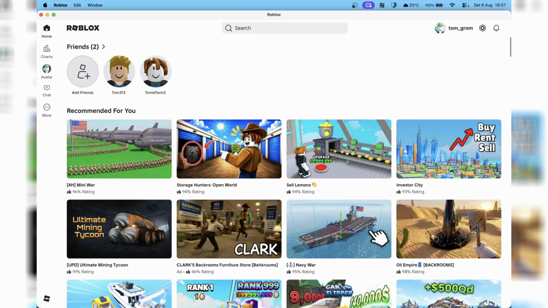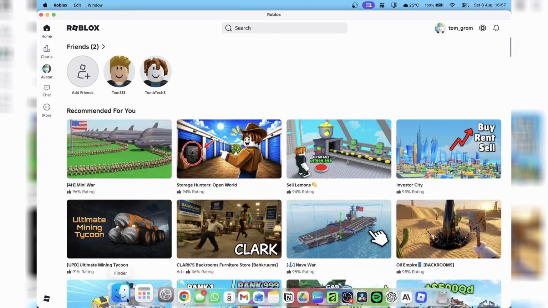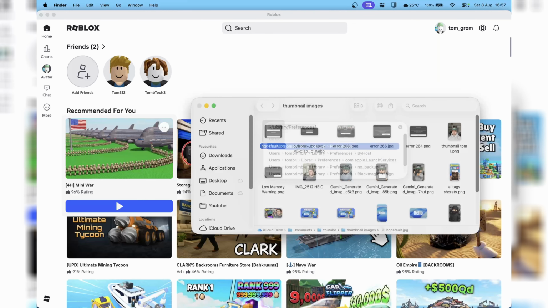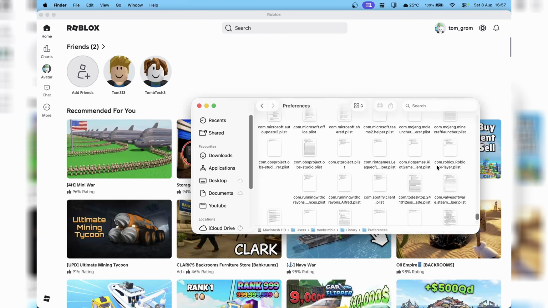If it's still not working, what we need to do is open up our Finder app, go to Go to Folder, type this in, and press enter. Now look for anything that says com.roblox and put it in your bin. Now empty your bin, now try relaunch Roblox, and if it's still not working, what we need to do is